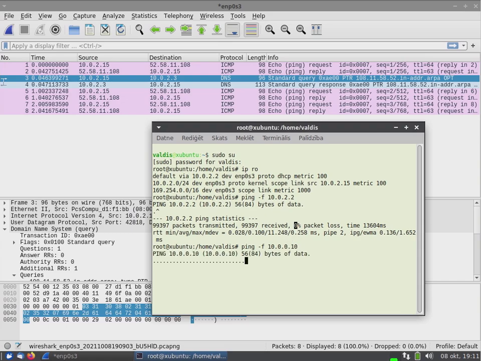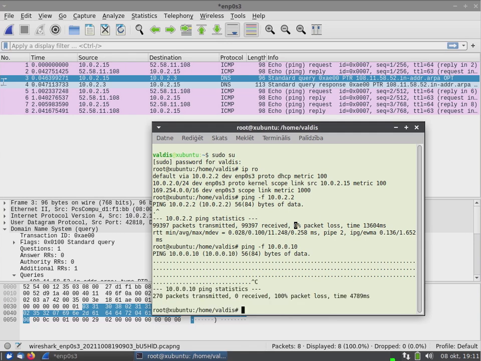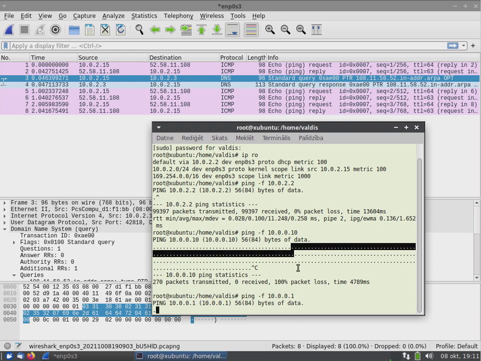Sooner or later we can get some other result, and here I think I wrote the wrong address, so nothing was sent back, 100% packets lost.